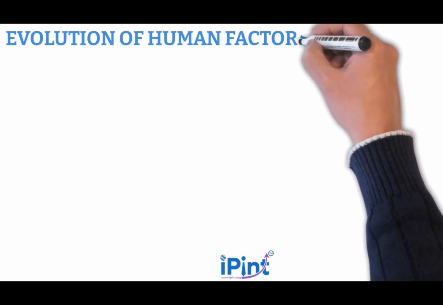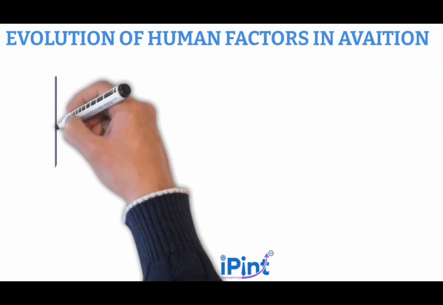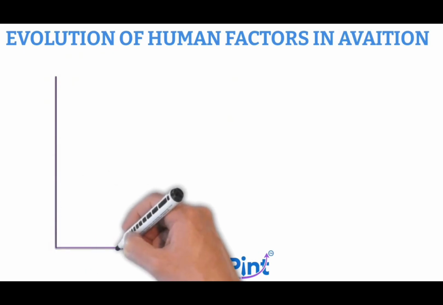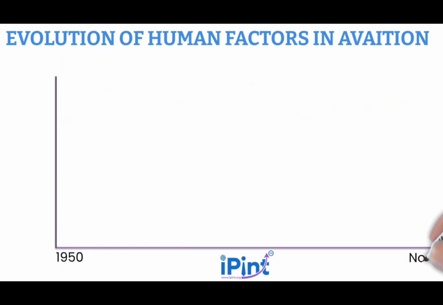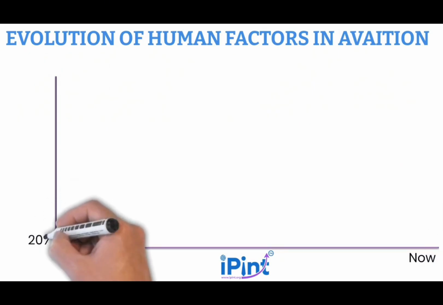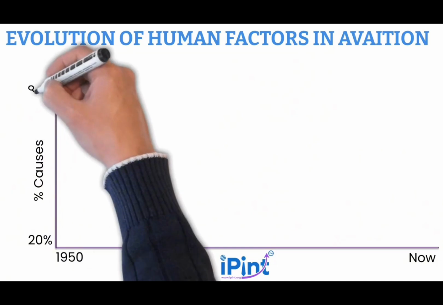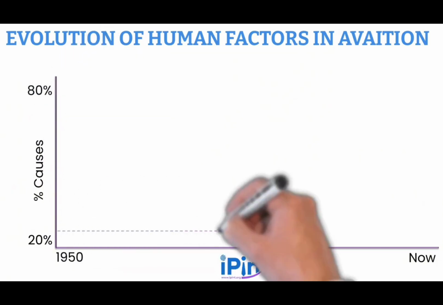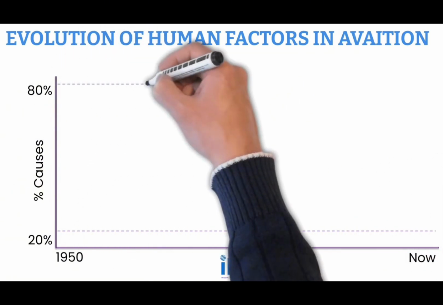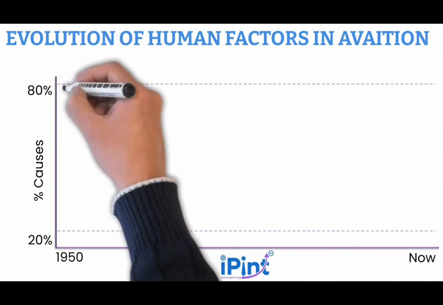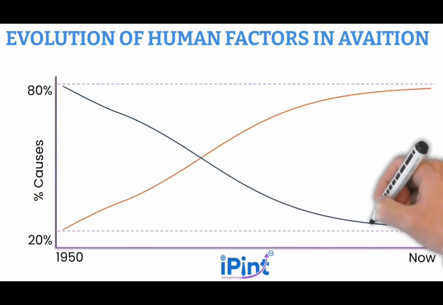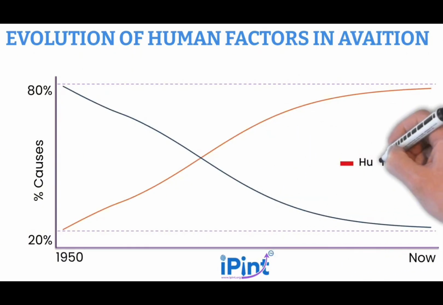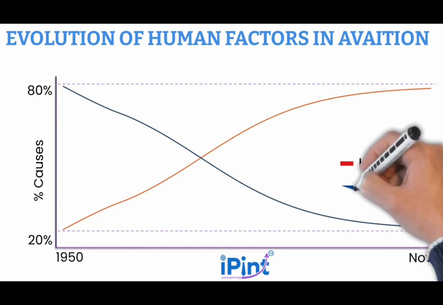Take a look at this graph, and what it reveals might genuinely surprise you. When academic researchers studied aviation accident data spanning from 1950 right through to today, they uncovered a remarkable shift. Back in 1950, technical failures accounted for approximately 80% of all aviation errors, things like mechanical faults, equipment failures, and engineering limitations. Human error, by comparison, made up just 20%.